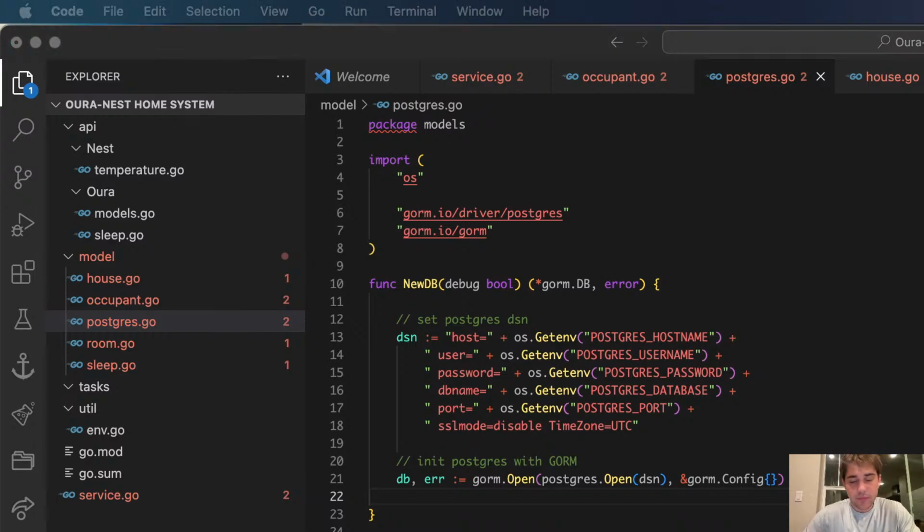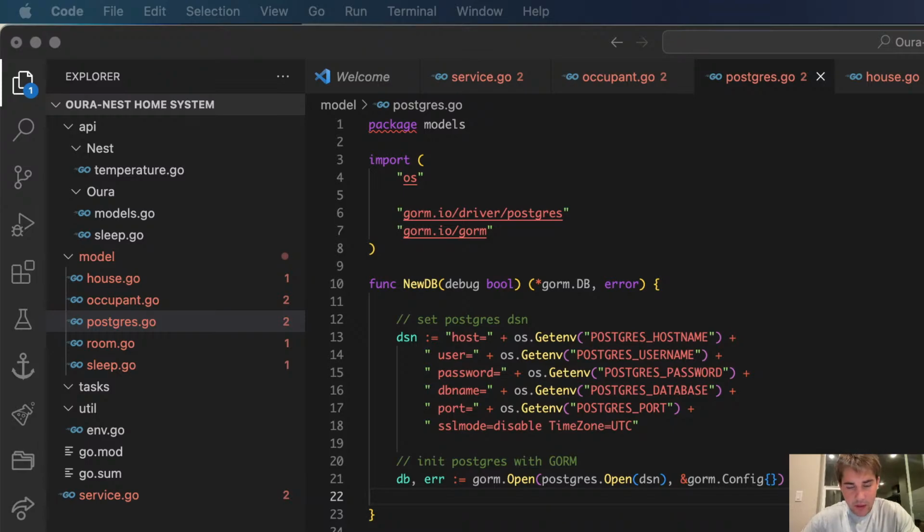So let's go ahead and just create a database. Let's see. Postgres command line. Create PostgreSQL, or create database. You can create a database using the following.